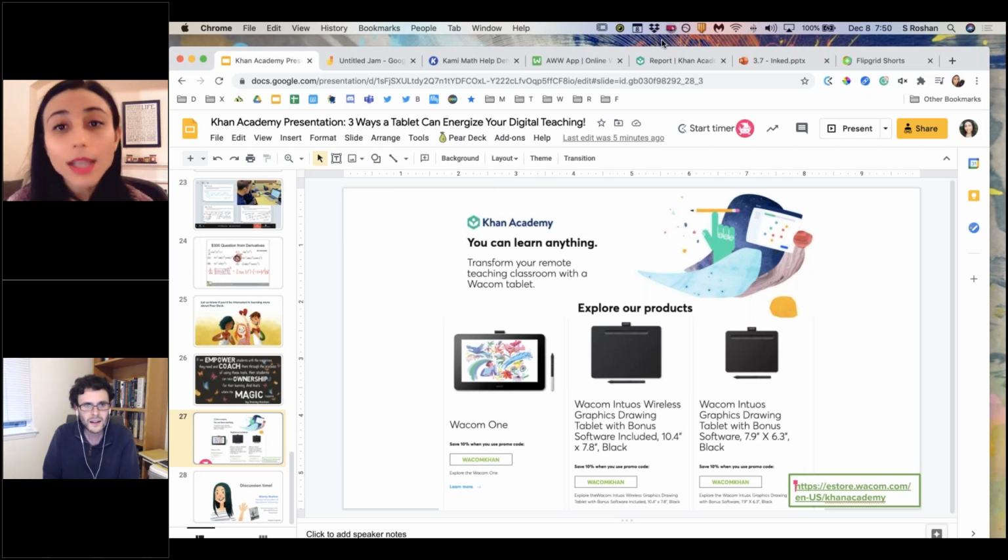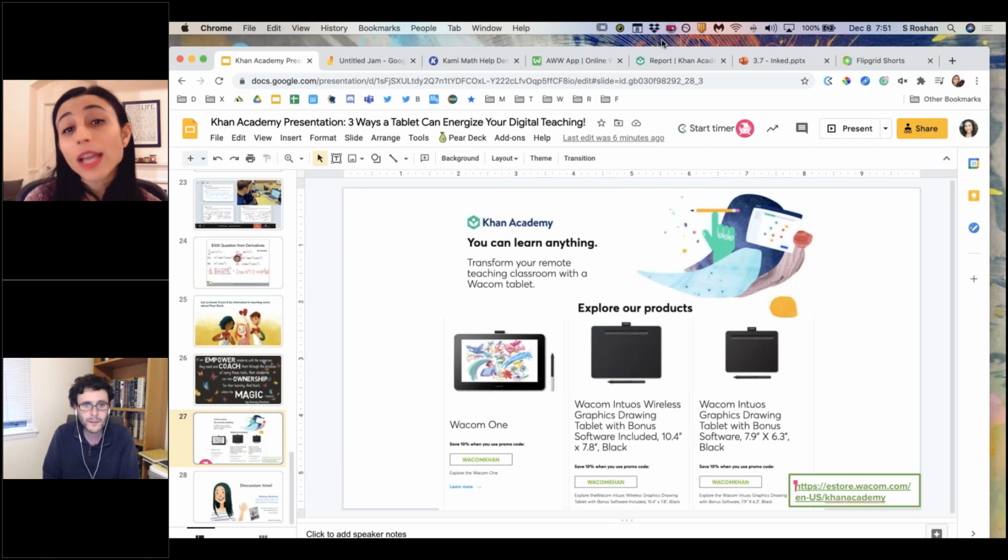This is not a device that we are using just now because of remote learning. Not at all. I've been using these devices for years and years and years. This is a device that's going to amp up our classroom in all different ways. We can use it in class, before class to make our flipped classroom videos, and post-class to grade student work, to make everything be in one space for students.